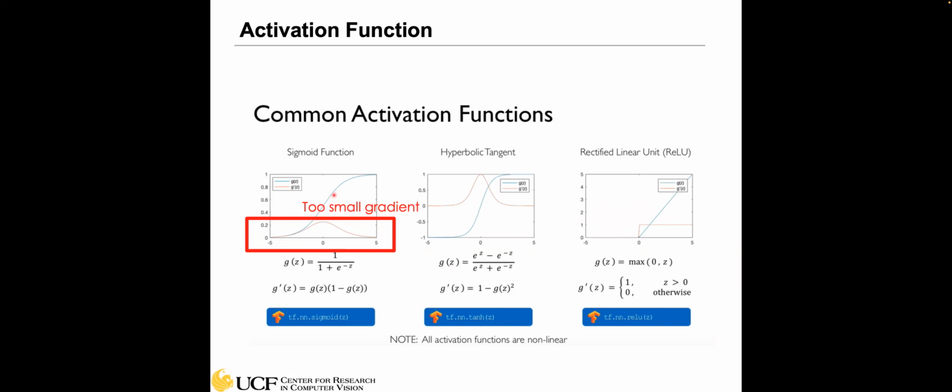Okay, so this is how the sigmoid function looks. If we plot the graph and compute the derivative, which we need to do when we do backpropagation and compute the gradient, we get this curve of the derivative of the sigmoid. As you can see, the gradient is very small, from 0 to